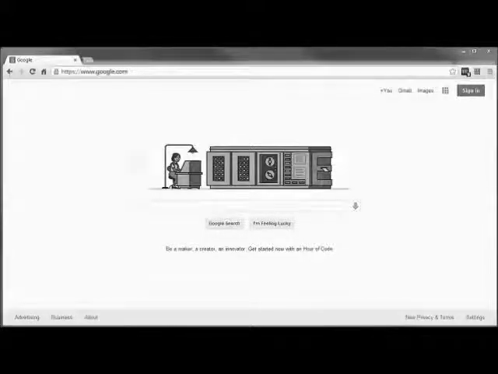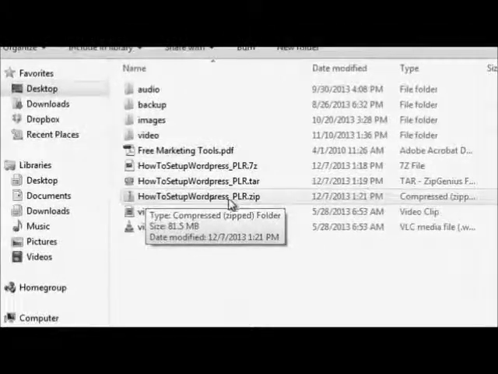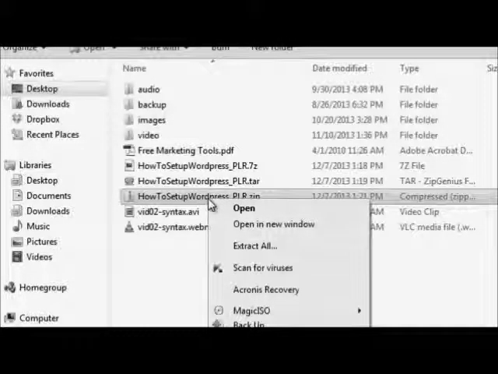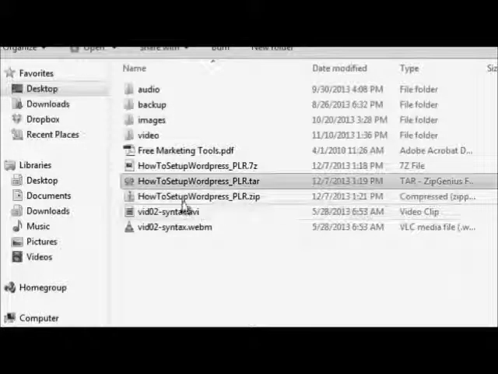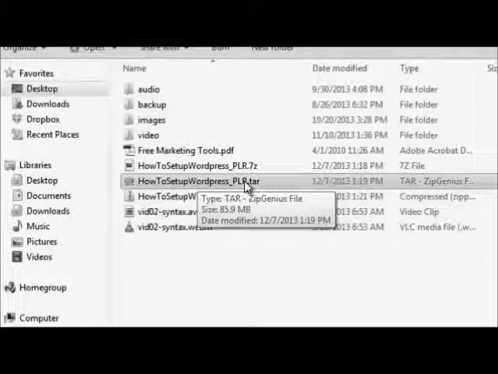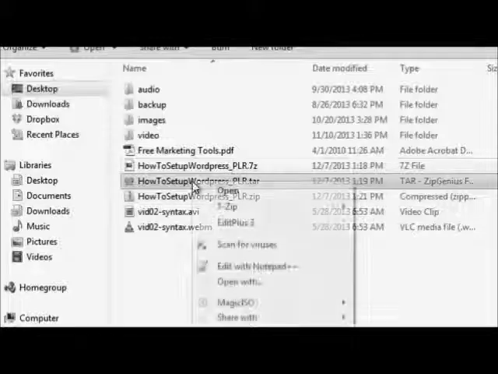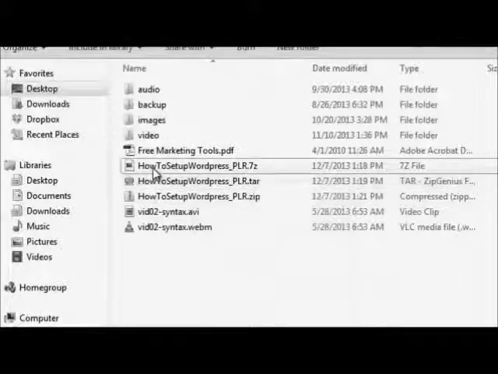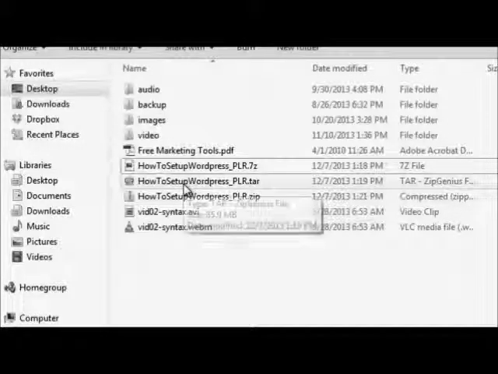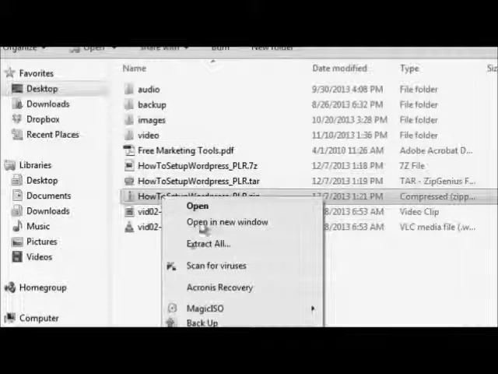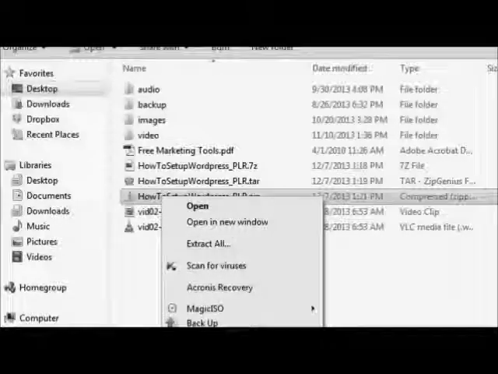I'm going to open up my folder here, and I've got a few examples. This one ends in .zip, which most computers will not have a problem with. I'm using the Windows 7 operating system, so I would simply right-click and then left-click on Extract All. But if we attempt to do the same thing with the .tar or .7z, that option is not even going to show up. So for something like the .7z or the .tar or the .gzip or any of the other ones that will not work with the Extract All default option on most Windows operating systems,